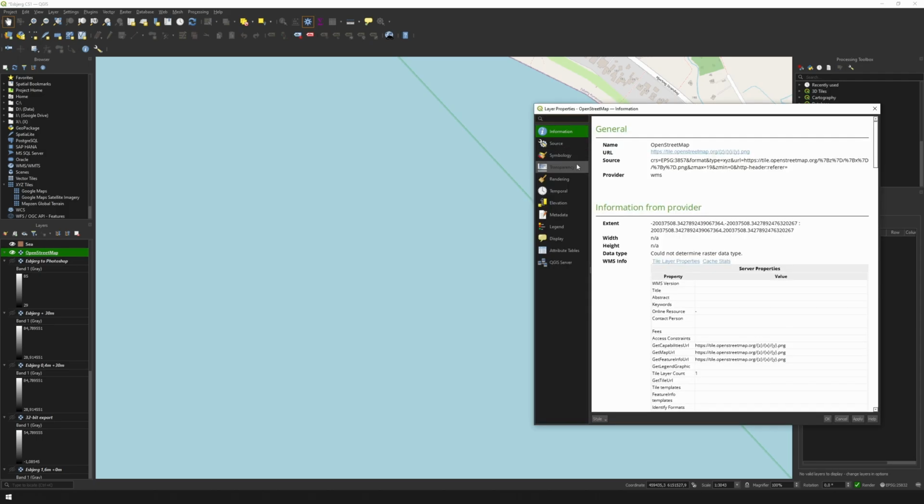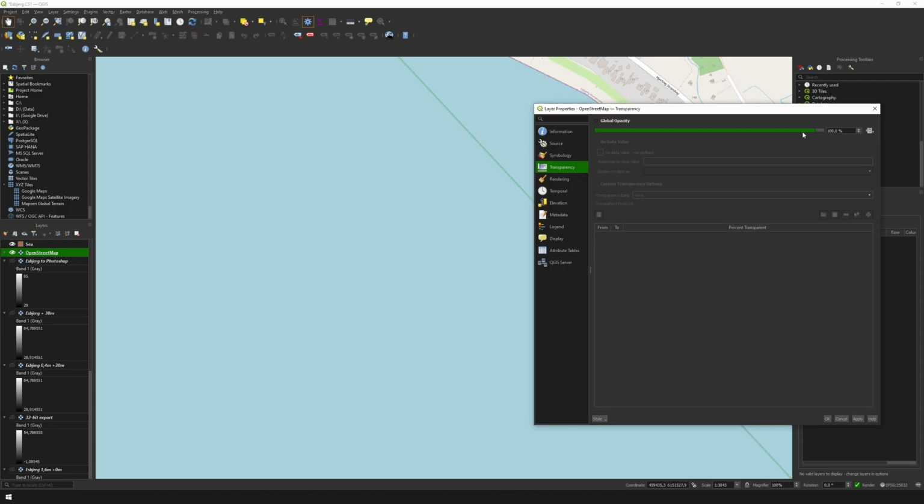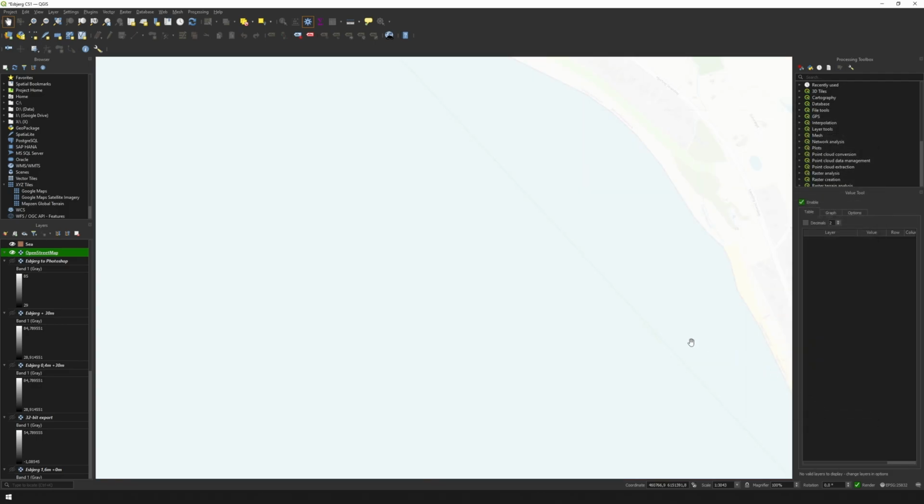Double-click the OSM map, then choose Transparency. Adjust the global opacity to around 20%. It's a matter of preference. Click OK. Now we can start making